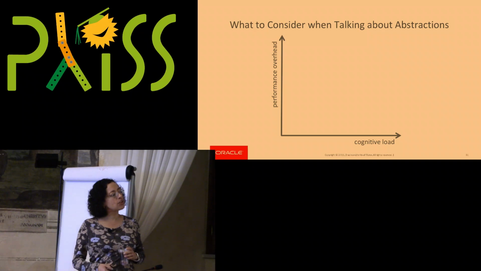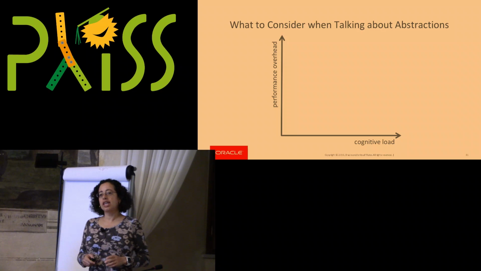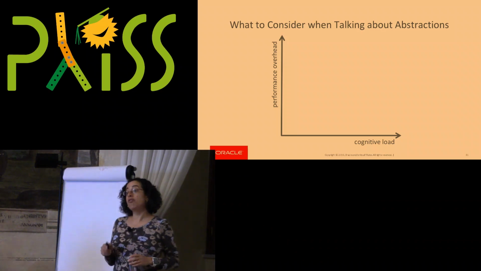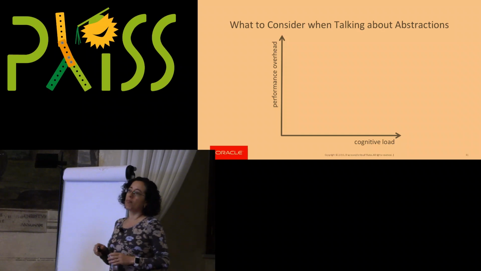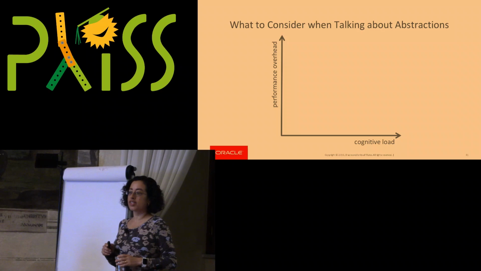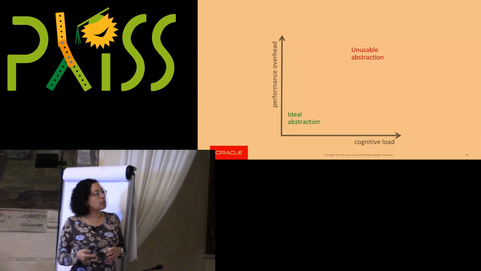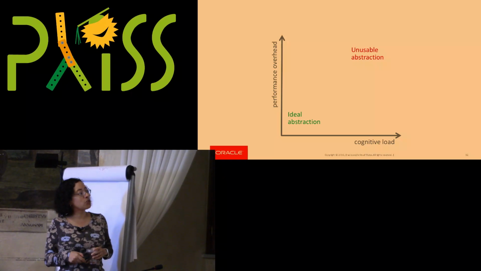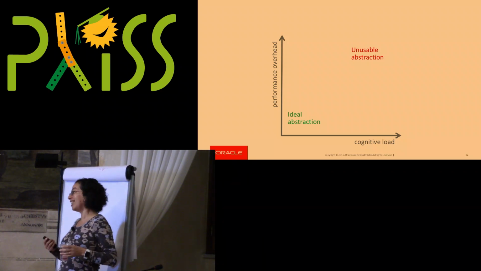Now, the other abstraction that I'm going to use is cognitive load, because cognitive load has an impact on what the developer can actually understand. If you have an abstraction that works really, really well, but not many people can understand it, they're not going to use it, right? Or they're going to use it only in certain domains, right? And so clearly, out of this diagram, what you can see is that the ideal abstraction would be down here, right? Something that performs really well, that has almost no cognitive load, and that's really hard.